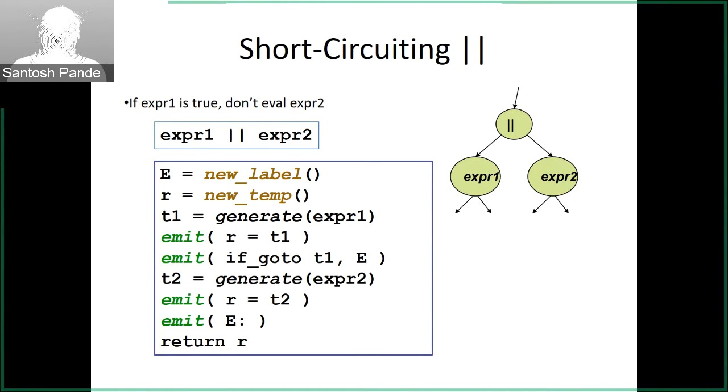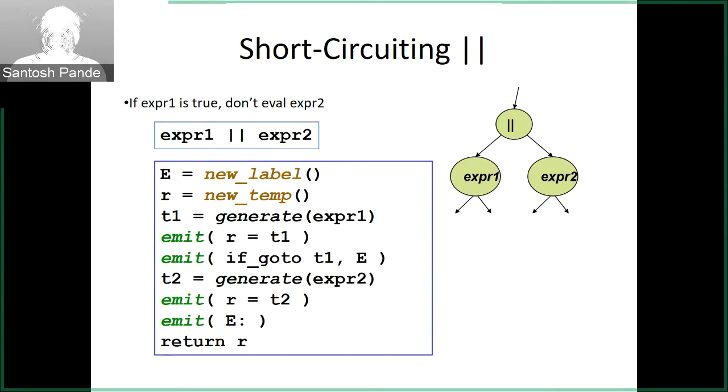We know at this particular point, after T2 is generated, that we are on a fall through path here. That means T1 must be false. So in some sense, to be really robust, we could have generated code for T1 and T2 together, ORing them. But since the compiler knows that T1 is false here, it has taken the liberty of getting rid of T1 altogether from this thing and simply assigning R equal to T2, and because it's false, ORed with